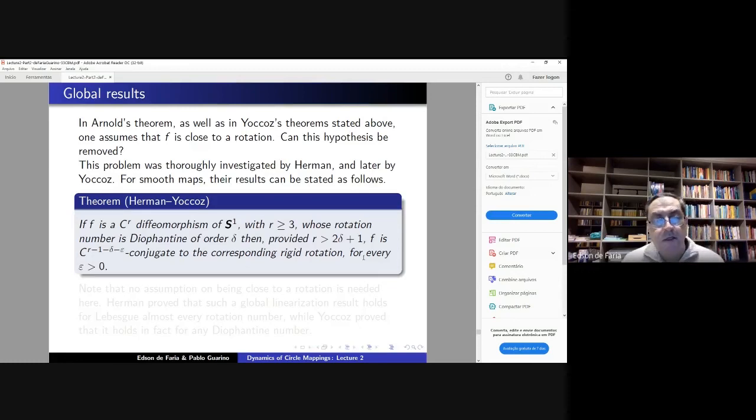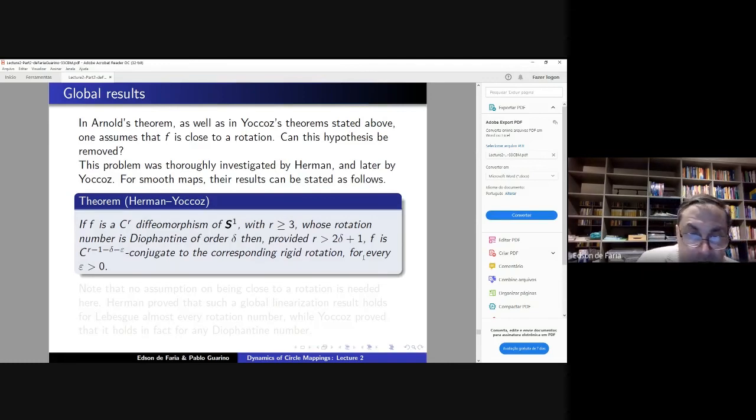It means that it's C^K, where K is the integral part of R, and for the highest derivative, the Kth derivative, you have a Holder condition of exponent equal to the fractional part of R, okay? So anyway, what this theorem is saying is that if you have a C^R diffeomorphism and it has a